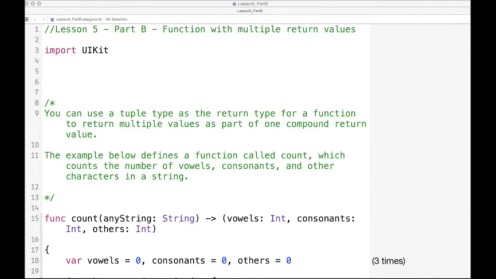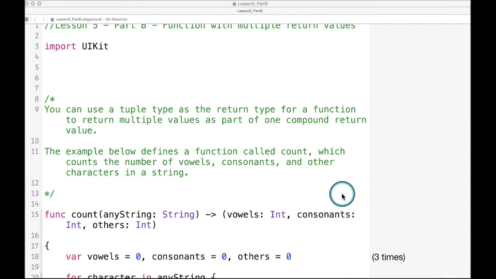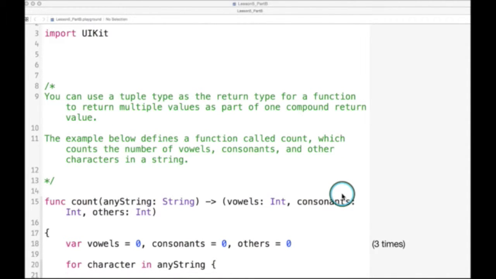If you recall, in the previous lessons, we dealt with tuples, and tuples allow you to encapsulate many variables or many constants into one unit. That's called a tuple. So what does this example do? Well, this example